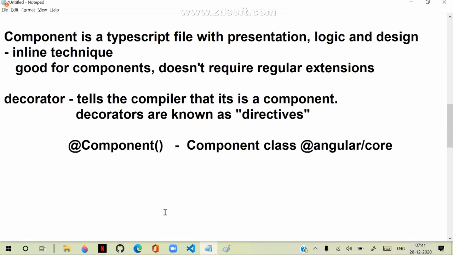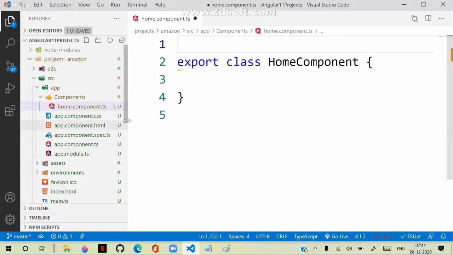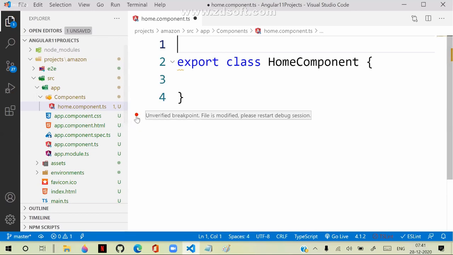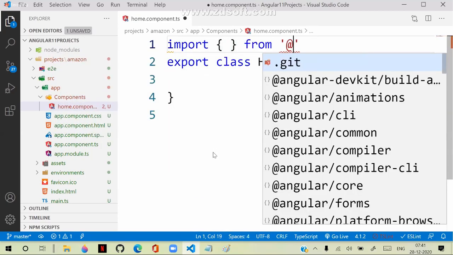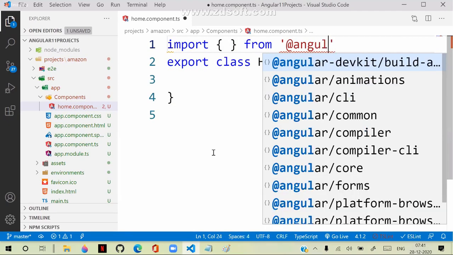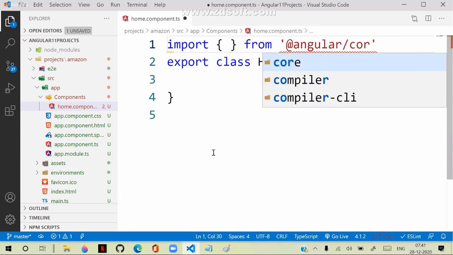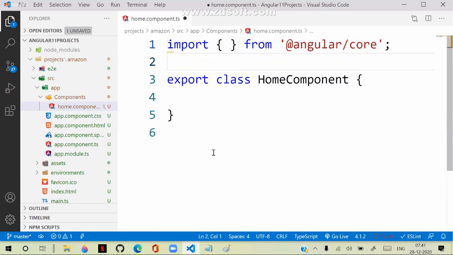So here the key point is how you can make this a component. First I need to import from the Angular core library, @angular/core. We already discussed what import is in our TypeScript.